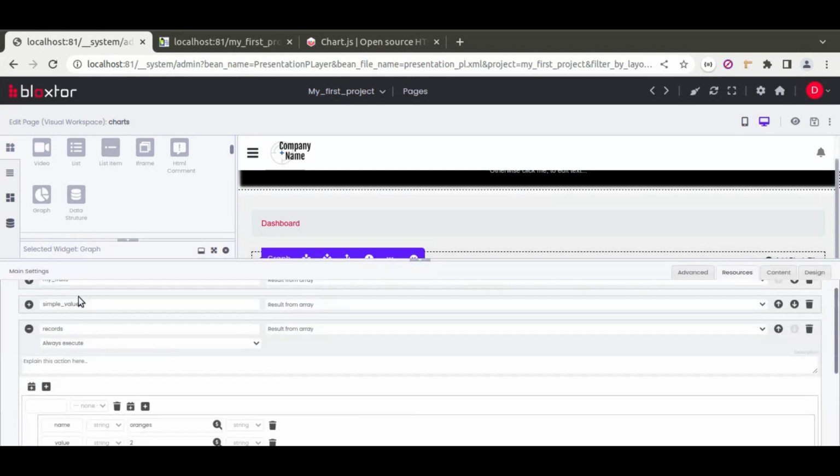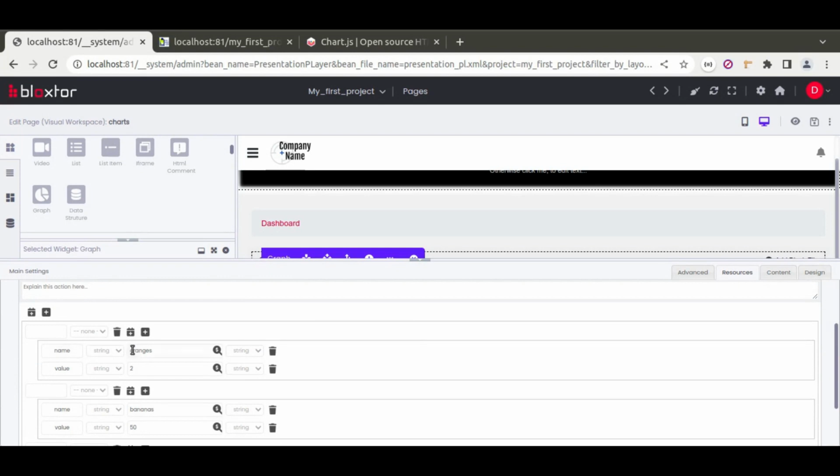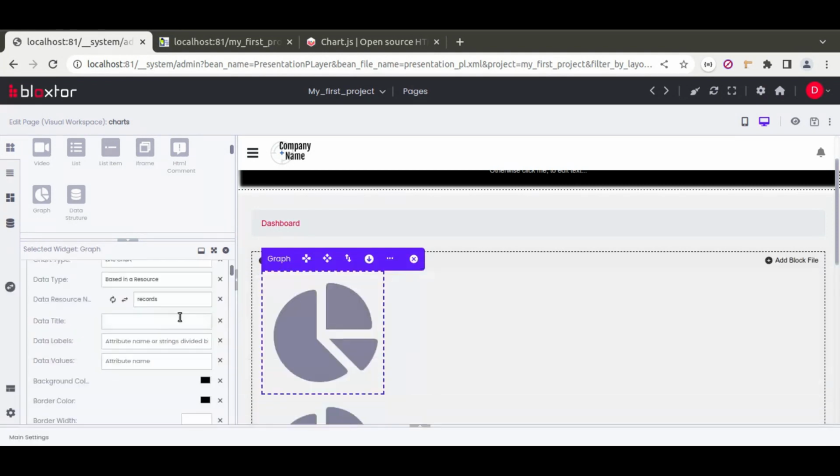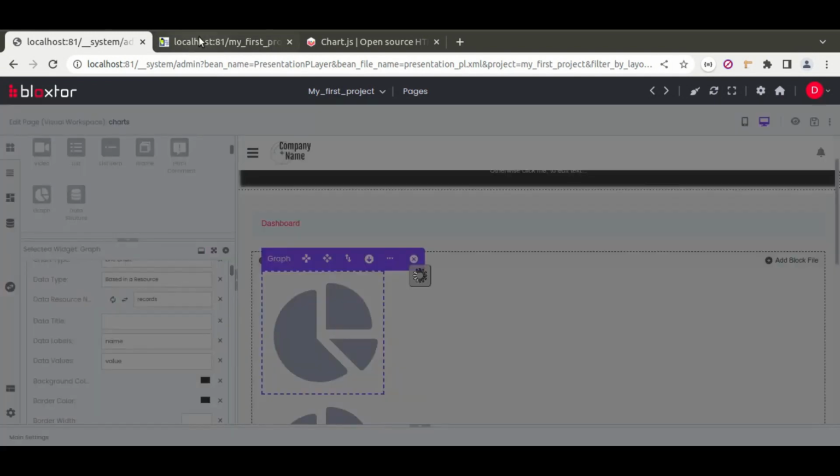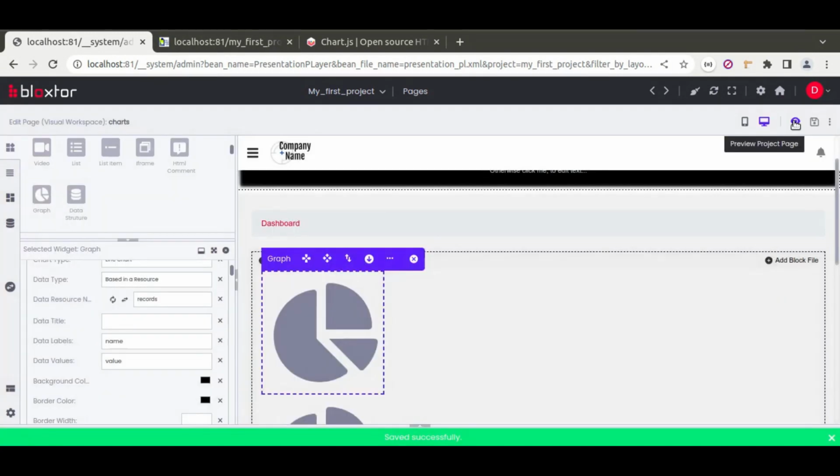So in this resource here we can see that the labels will be the attribute name, and the attribute name for the values will be value. So we can just type here name, and in here we can just put value. And if we save and preview the page,